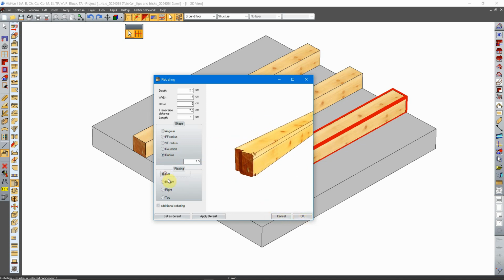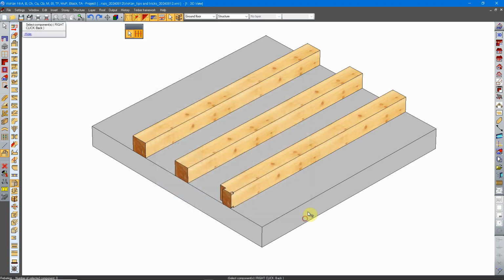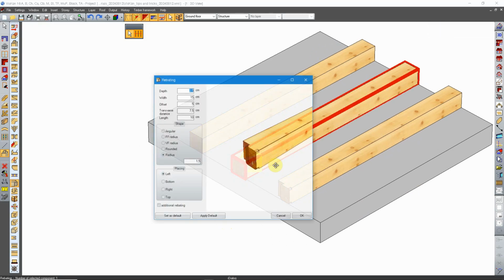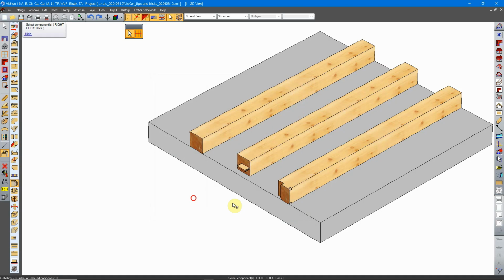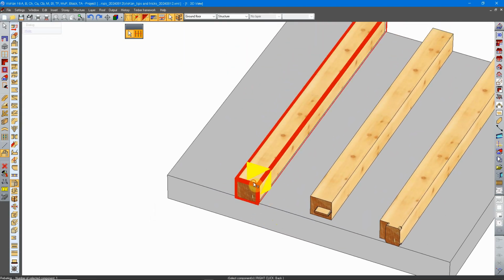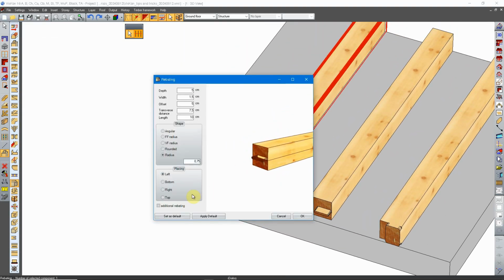You can change the side where it belongs, and you can play with it. You can create different shapes and any kind of tenon you may want to use. You can make complex ones by